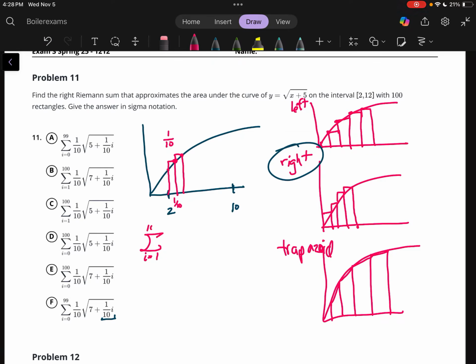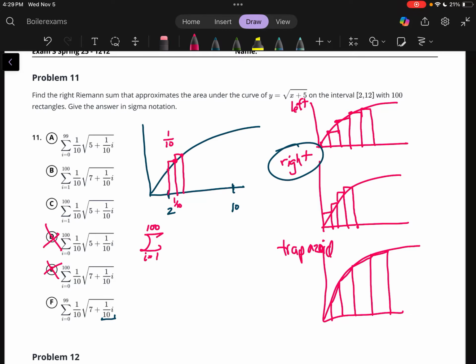And the end will be I equals 100. You'll notice that options D and E are from I equals 0 to 100. That's definitely incorrect because that's adding up 101 integrals, because the summation is inclusive. It's going to calculate this value for I equals 0, 1, 2, 3, all the way to 100, and that's 101 different sums. So that should immediately stick out as a wrong answer because we're only adding